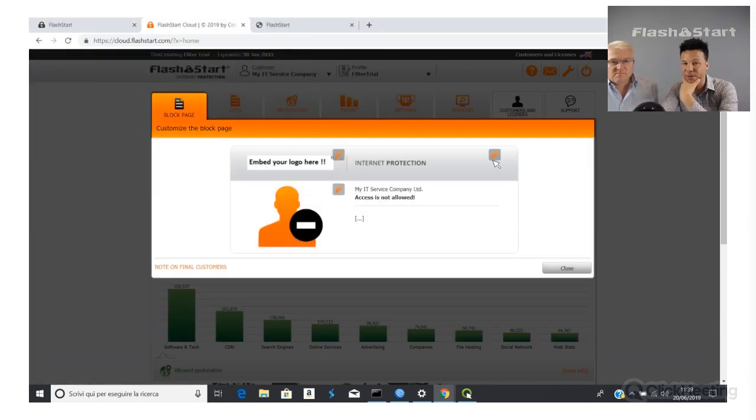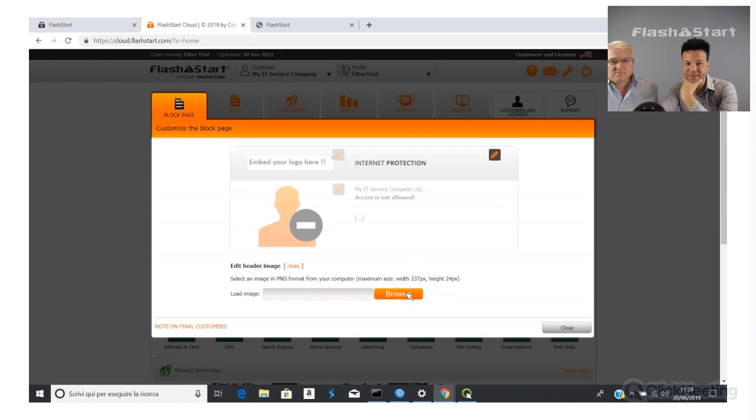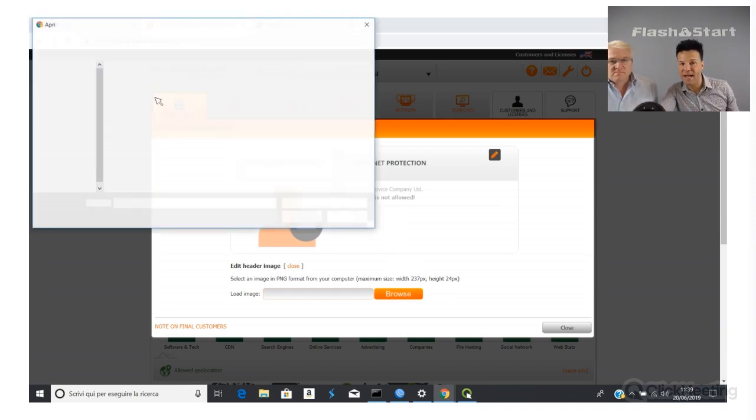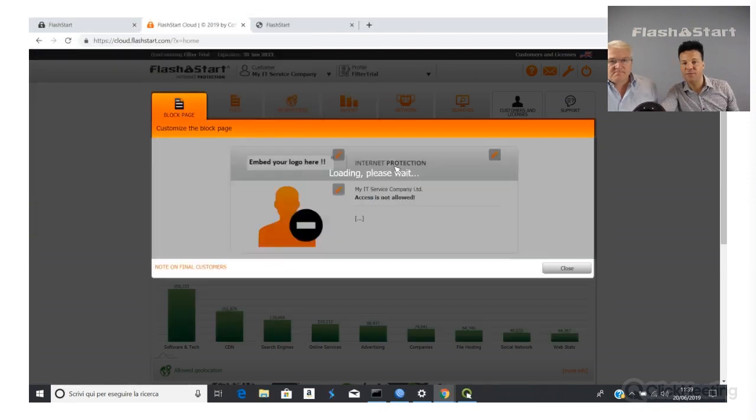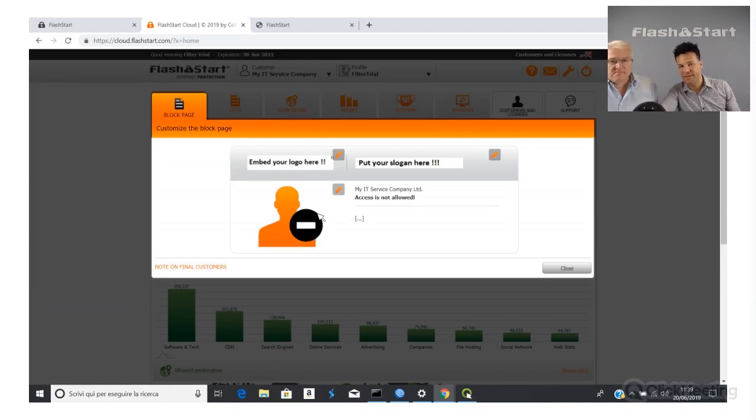Embed the logo here, then the slogan, browse. So I can embed the slogan here. Company slogan. Click to confirm. Okay. You can also put a different picture there. Maybe a Polish woman that blocks your access.